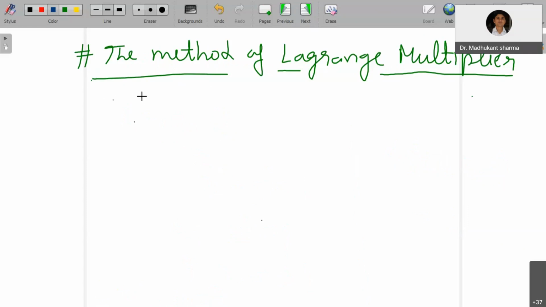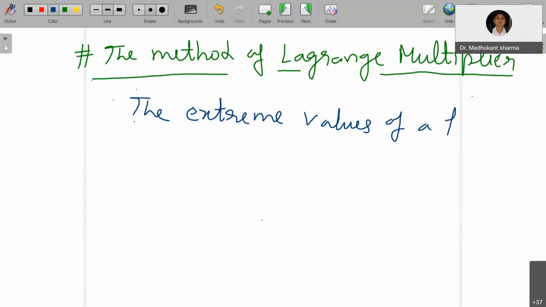So I'm just summarizing the things. So the method says that the extreme values of a function. See, we are talking about the gradient. So it must be assumed that f has all the first order partial derivatives existing at least. Okay, gradient requires the existence of all the first order partial derivatives. Very simple. So the method says that the extreme values of a function f of x comma y comma